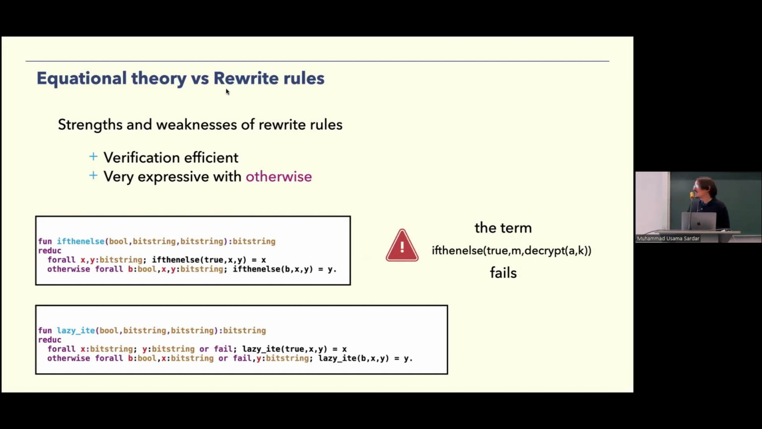But if you declare it as a reduc, then this will never be sent over the network because your protocol will just stop. So there's less stuff to consider, so it's more efficient. And also the good thing about reduc is that it allows you to do some interesting things with the otherwise operator. The otherwise operator kind of allows you to make several declarations in sequence